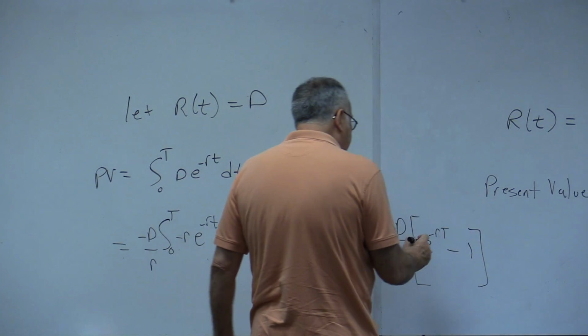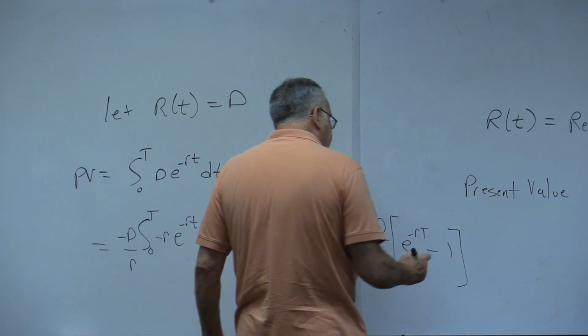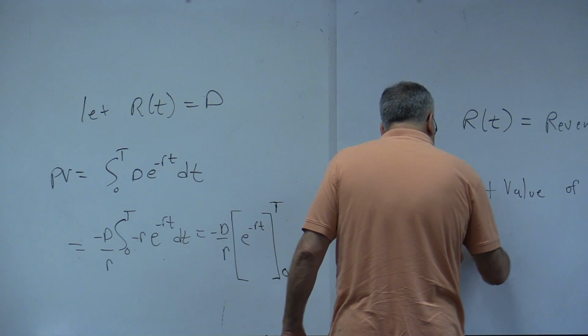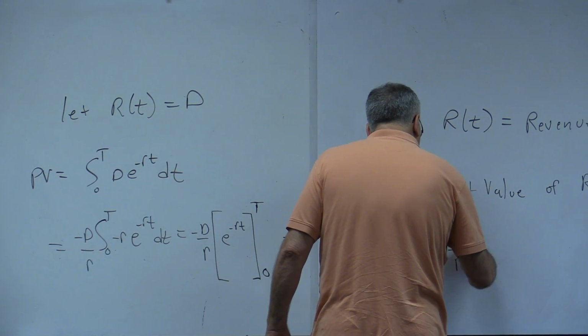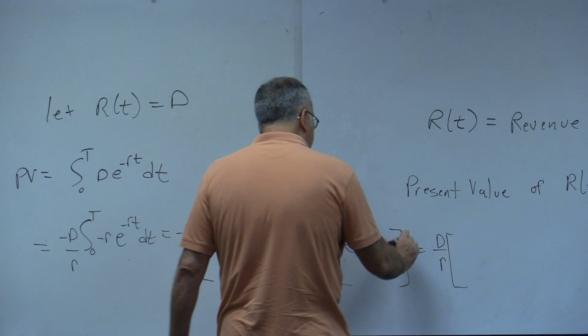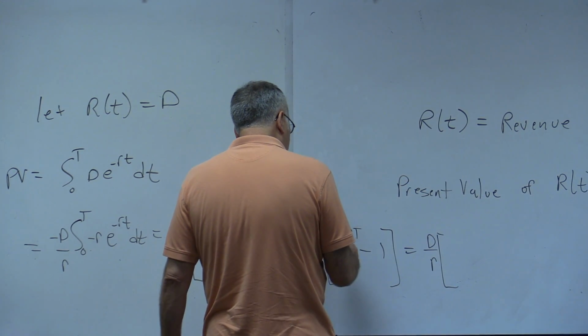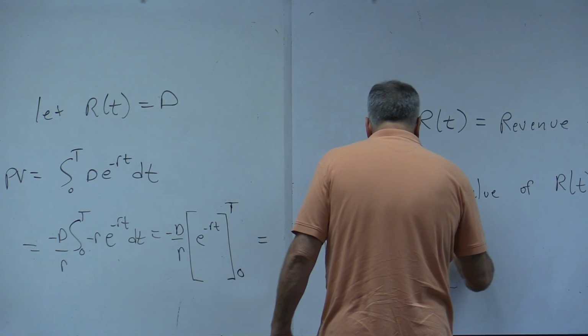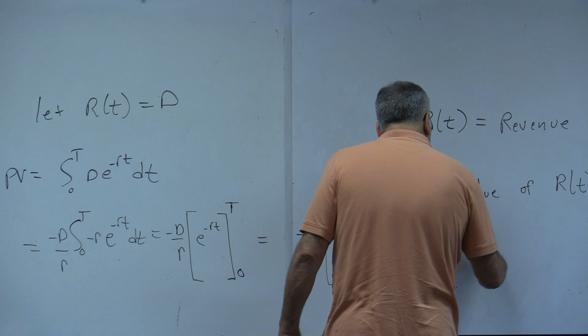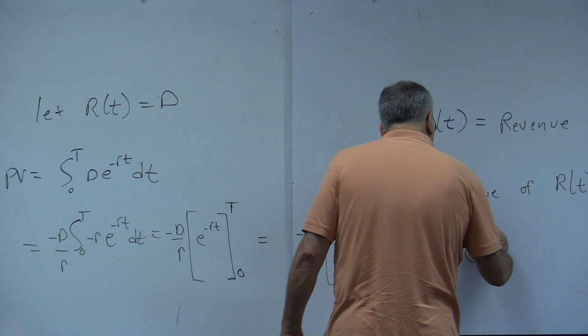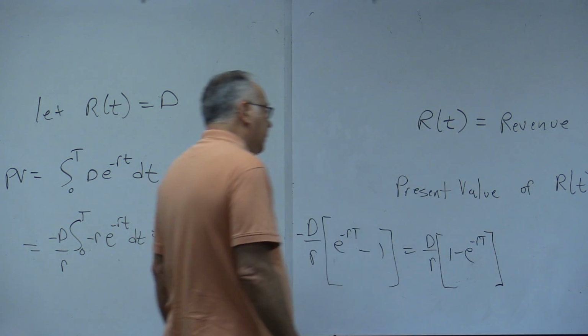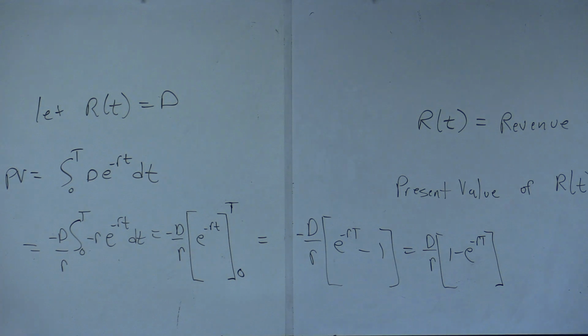Now we could rewrite this, since I don't like that minus d over r, we could write it as just d over r, just multiply by minus 1 twice. And this becomes 1 minus e to the minus rT. Okay. So it is a formula you can use to calculate the present value of a revenue stream,